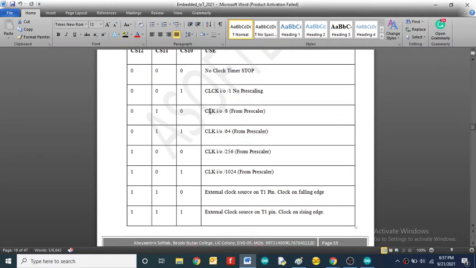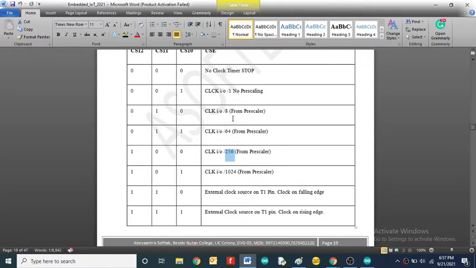Then we can use the 010 combination, and it will be divided by 8. Your whole oscillator frequency is divided by 8. Like that, the 011 combination will set 64. When you set the combination as 100, it will set the 256 prescaler value, and 101 is 1024.